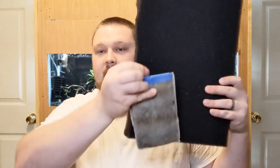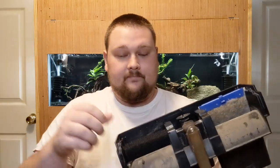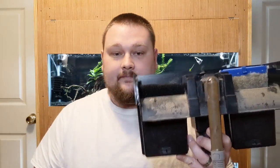And basically how this works, you take your filter, pull one of these out, match it up on here, cut it out, take the piece that you cut out, stick it in your filter. Simple as that, right? And then the water is going to flow through this back into your aquarium, and now